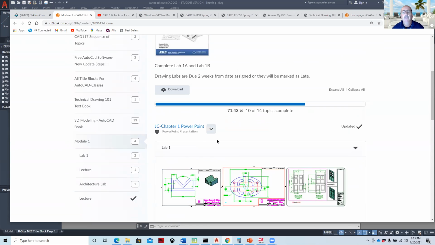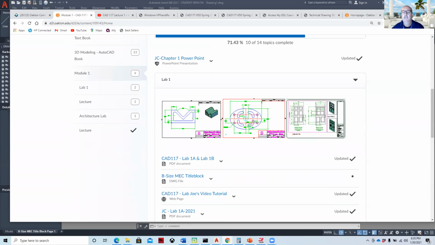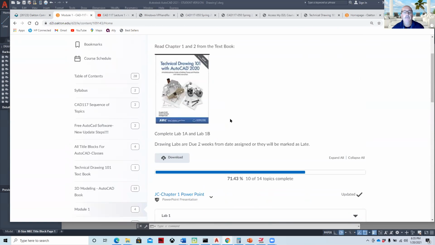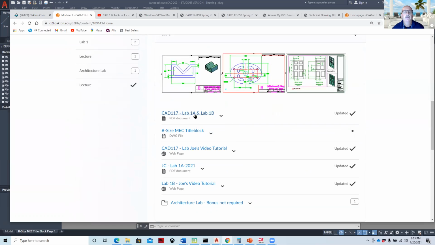We typically make one of them bonus, and so we give 2 drawings. I think we should probably have done this with one architectural and one mechanical. So as I look at it, you can do the architectural one rather than the bonus, but 2 drawings are required. And the first one, lab 1A and B, if I click on this,